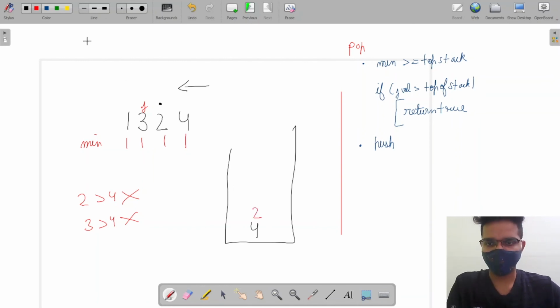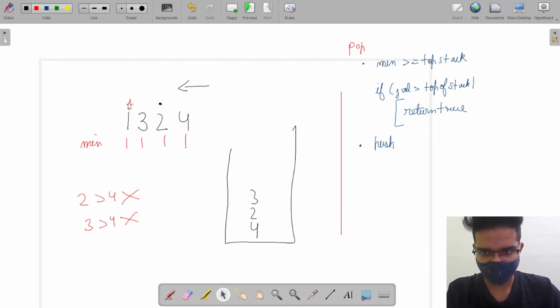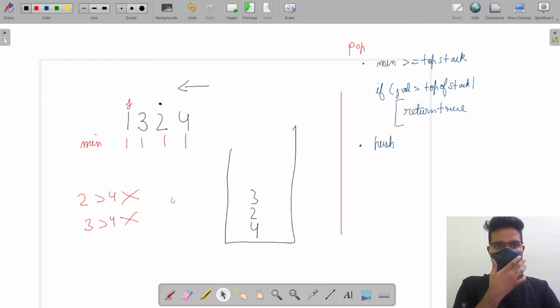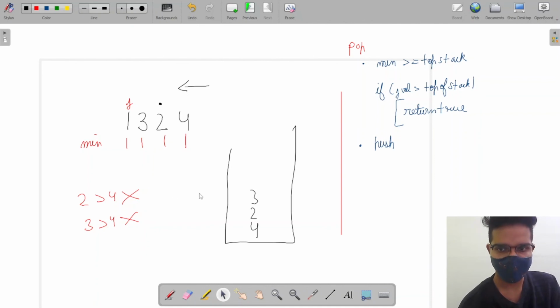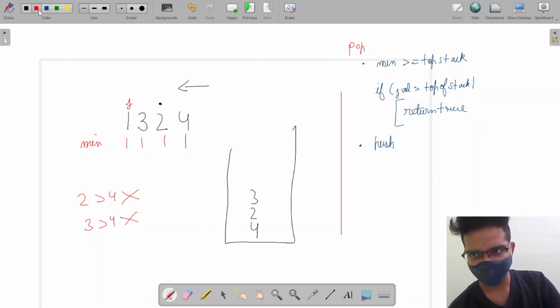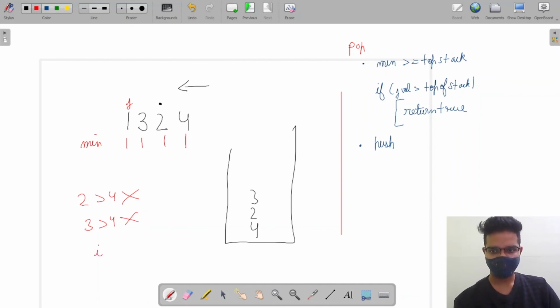Okay, earlier we forgot to push it. First we had to push 2, and now we are pushing 3. Now we get to 1. Right. Now we check if 1 is greater than or equal to the top element of the stack. Right. So our minimum 1 is less than that, so that means our I is 1. Right. Our k is the top element of the stack, that is